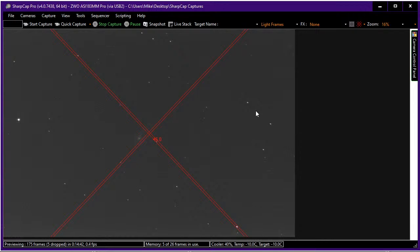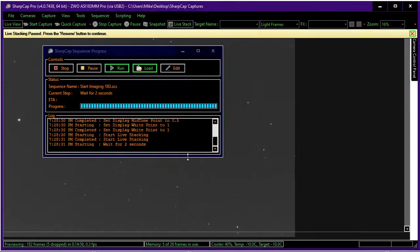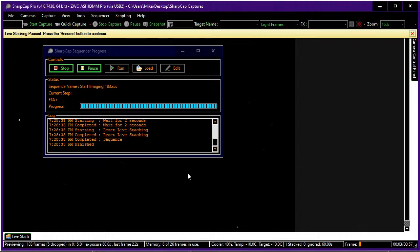Okay, it's just about drifted into our view. Let's try and stabilize it here. Yeah, that looks pretty good. Okay, so M106. Let's start the imaging on that. And while that's loading, I will look this one up and see what...